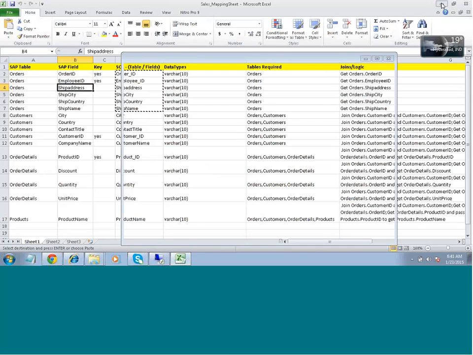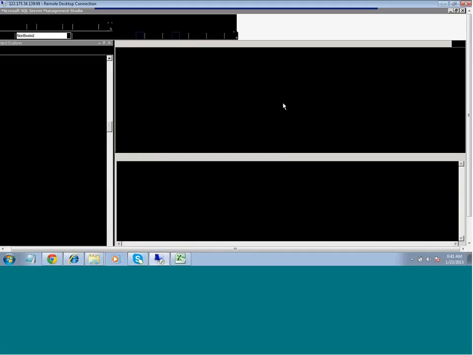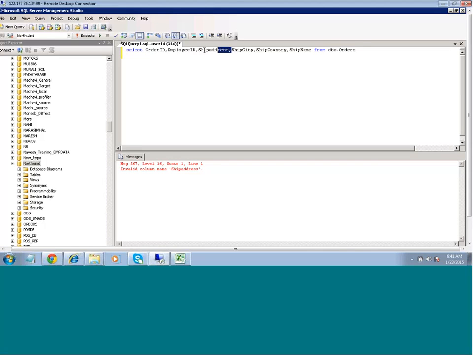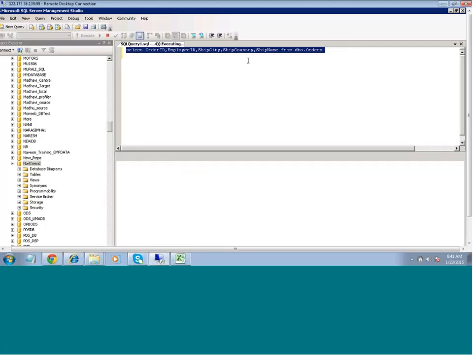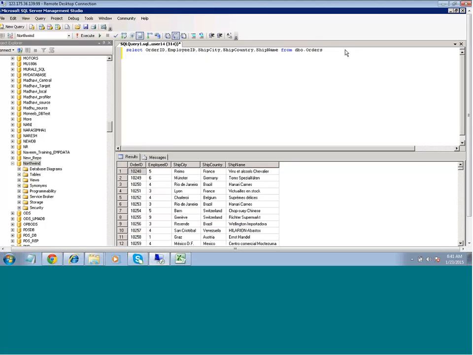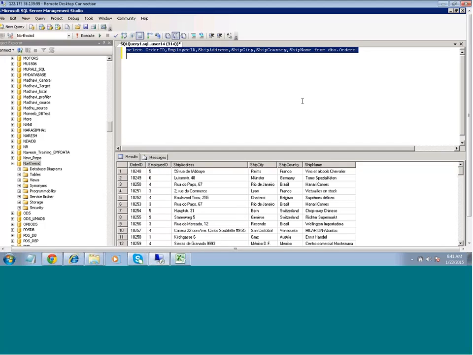Ship address. Let us see. Why is it giving the problem? Let us remove this. Okay, maybe. Right, so now we got whatever fields we have from the orders table. Then what are the rest of the fields that I am expecting? I am expecting these fields